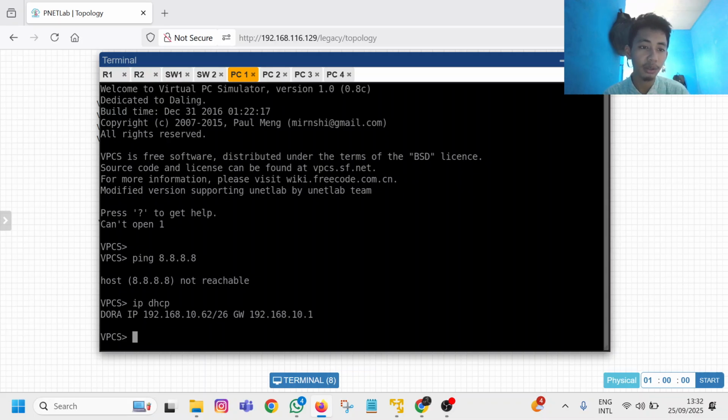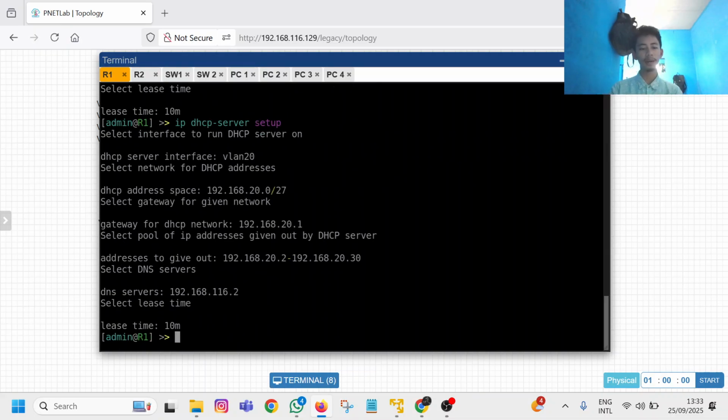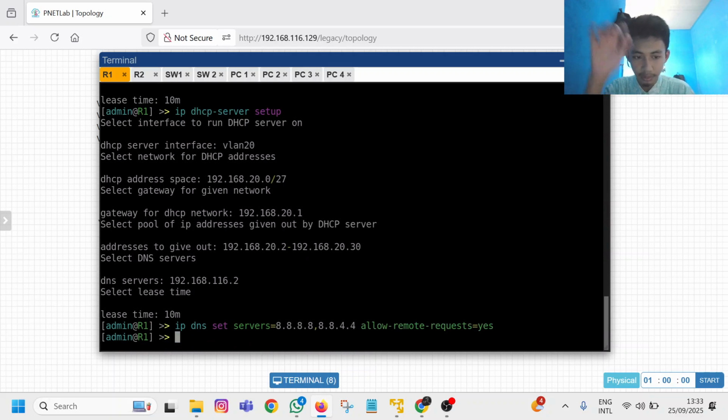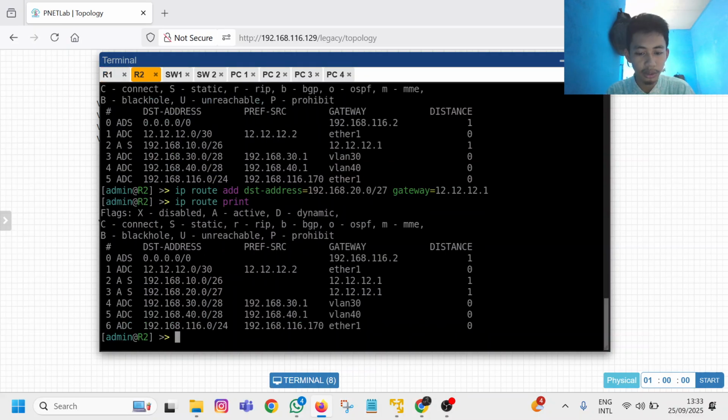First, we need to go back to router 1 and router 2. On router 1, go to IP DNS and set server using the Google server like this, 8.8.4.4. Allow on the request and say yes. Doing this again on router 2.